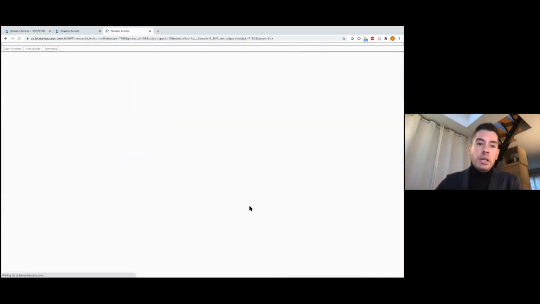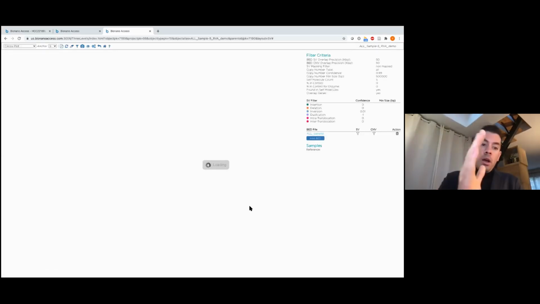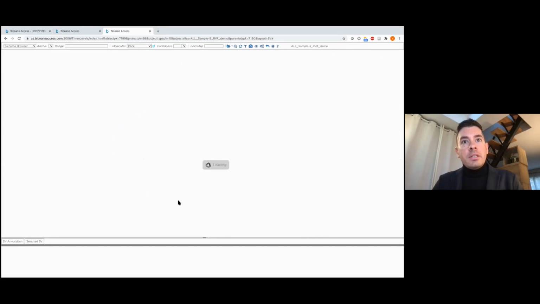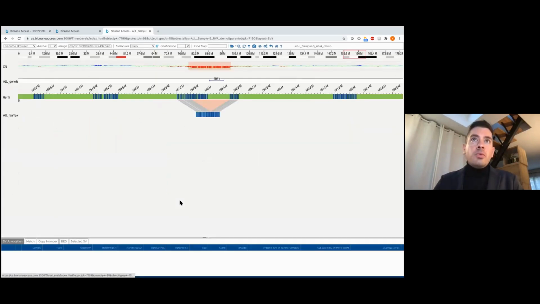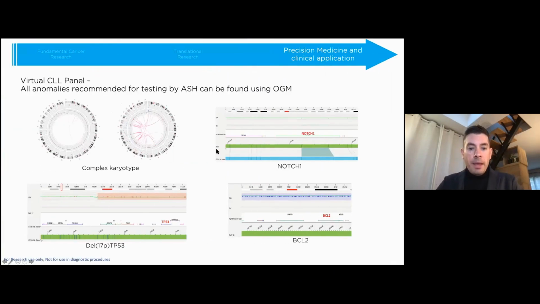And in just a few clicks and just a few seconds, I will have the filtering of this genome-wide information that will allow me to focus only on the variants that are overlapping with genes that are reported to be clinically significant in this cancer. If I click on this one, this is a deletion of the EBF1 gene. So it's very easy, and we can see that the identification of hallmark variants is easy with the Access software,